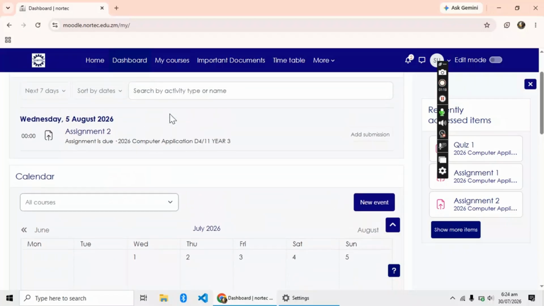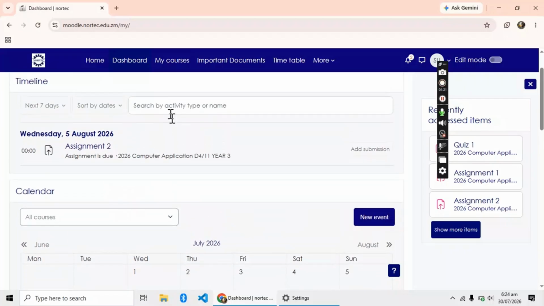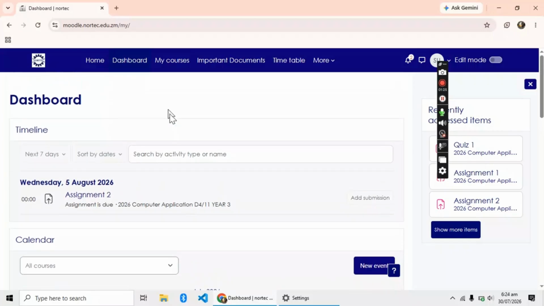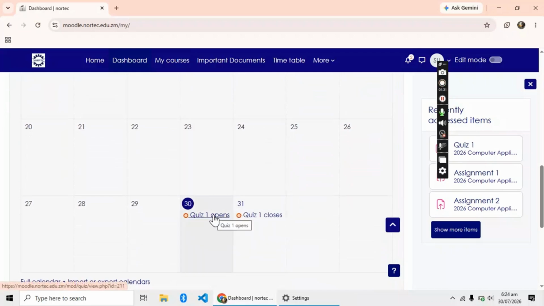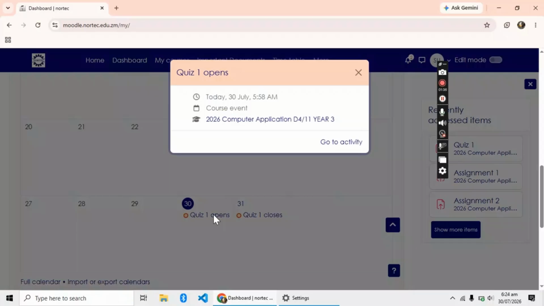This part here also shows other assessments, but we are concentrating on the quiz. From here, to navigate to the quiz, you can either just press open quiz right here. Then you say go to activity,